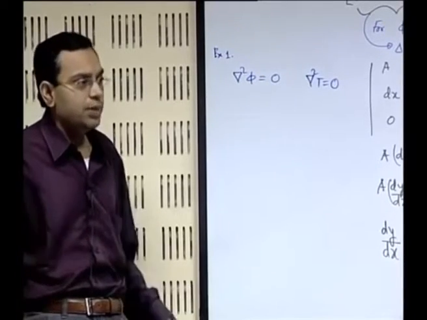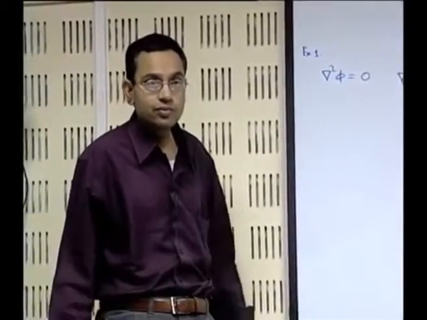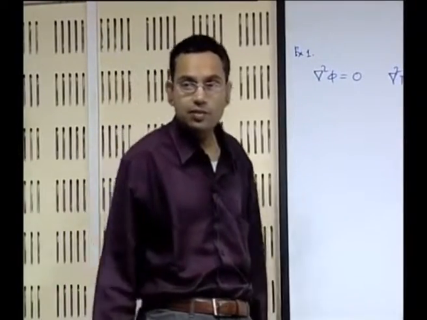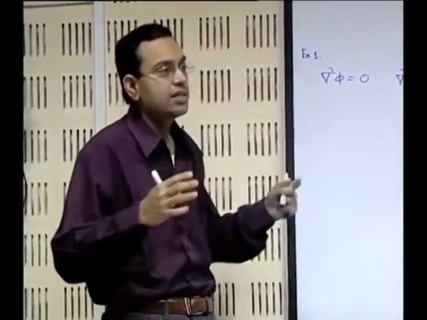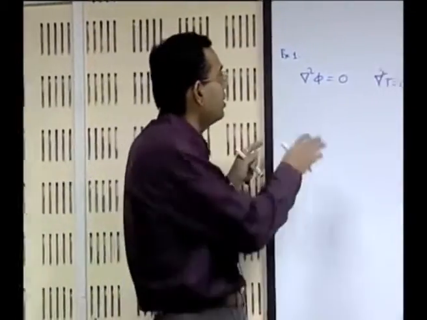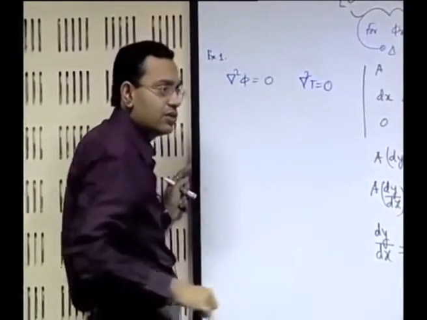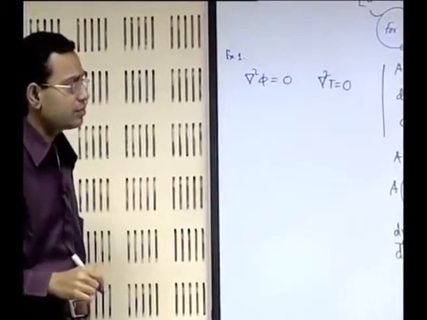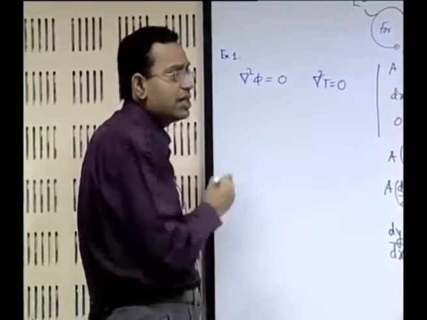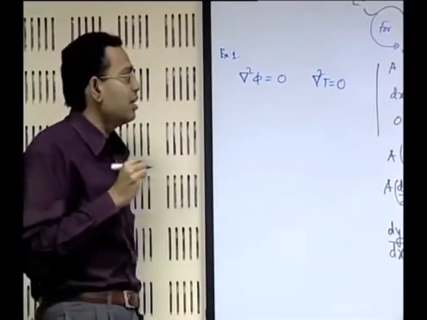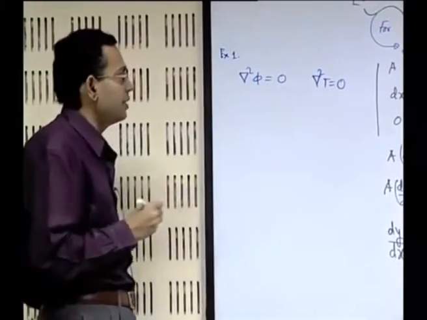There are many examples. For example, velocity potential distribution in an irrotational flow also is governed by the Laplace equation. So there are different fields, different applications, the physics changes, but what remains the same is the prototype: the Laplacian of some variable equal to 0. So this is a very important equation. Let us try to assess the particular nature of this equation. Is it parabolic, is it elliptic, or is it hyperbolic?